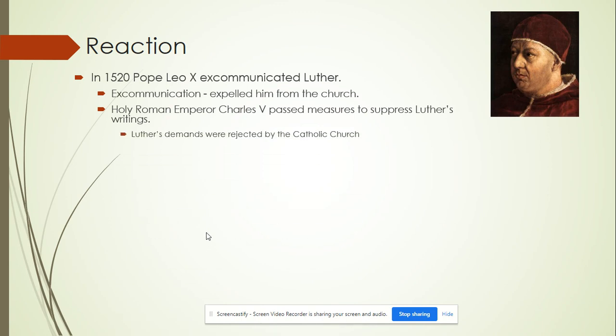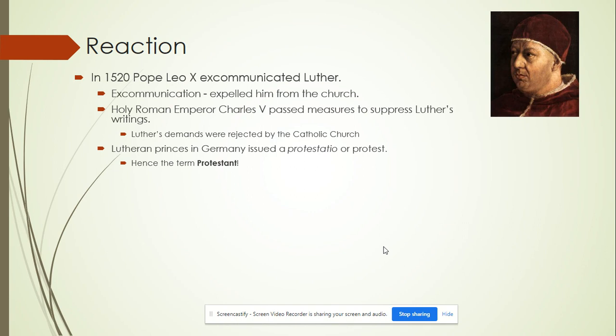Luther's demands are rejected by the Catholic Church. His reforms are rejected by the Catholic Church. And Lutheran princes in Germany, many of whom saw an opportunity here, issued a protestatio. They're protesting. And this is where we get the word Protestant Reformation from. These Lutheran princes believe that they are, well,